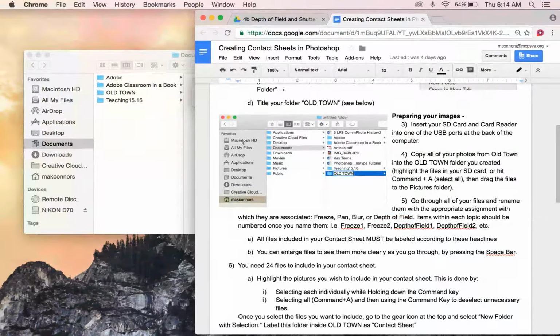So what you have to do is go through and relabel your files so that they go along with these assignments. When we put them into a contact sheet in Photoshop, I'm actually going to be able to read those different labels. So yes, you have to do it. Each topic, obviously you can't name 2 files freeze in the same folder, so you have to start numbering them. You can start with 1 or you can start with 2. You start with freeze and then the next one's freeze 2. That's what I did. Depth of field, or you can shorten it to DOF,